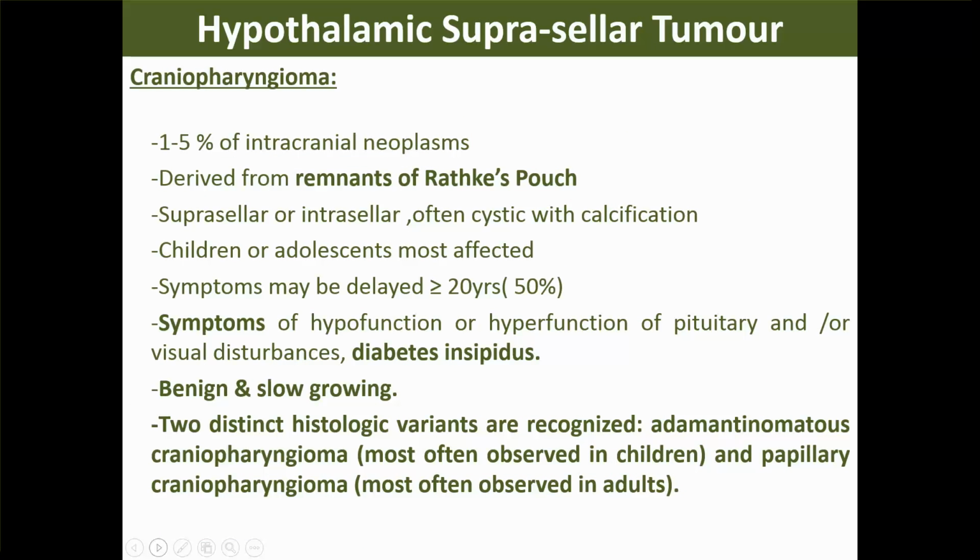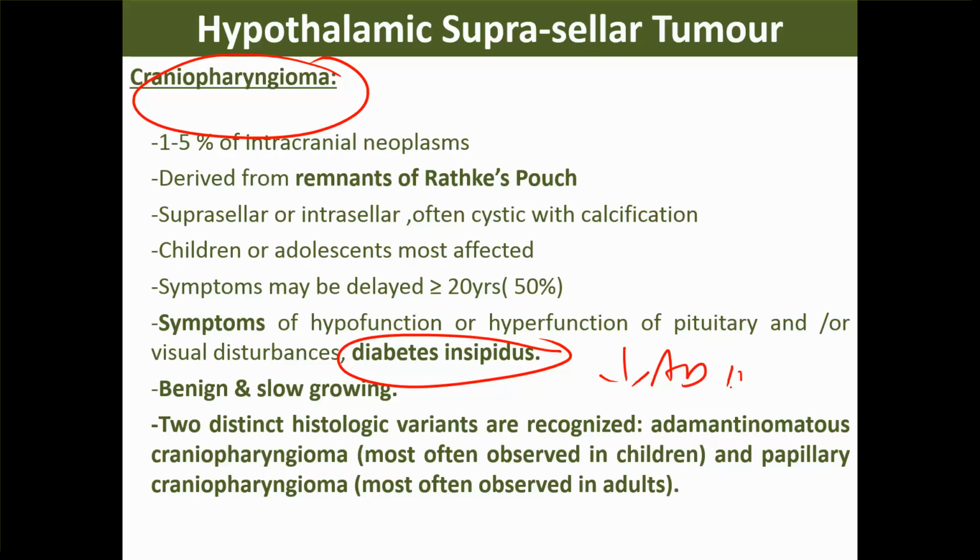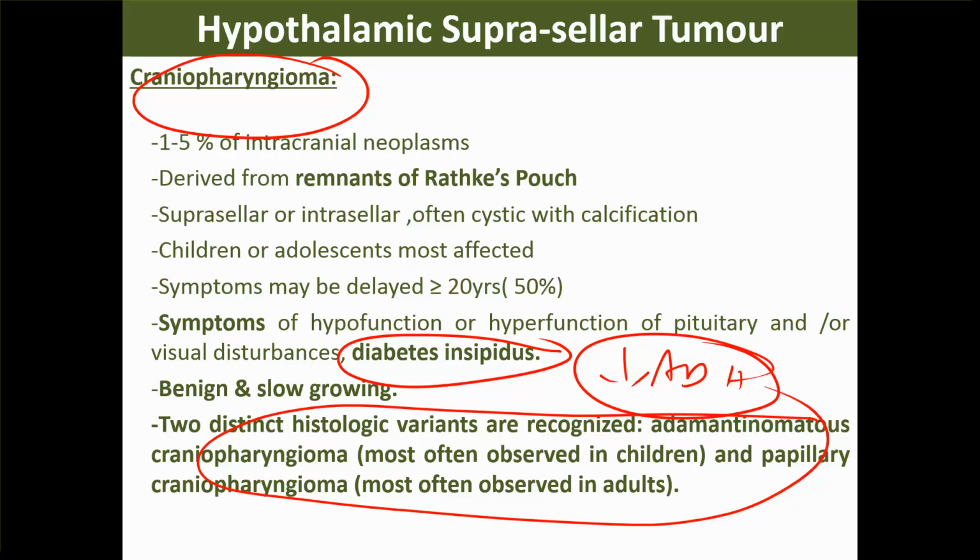So now let us conclude with a tumor in the hypothalamus which is called craniopharyngioma. If this tumor comes, that destroys the hypothalamus, that results in diabetes insipidus. Because hypothalamus is destroyed, that will decrease the ADH. So if you know this, it is enough. This is all actually for pathology curiosity. Different types of craniopharyngioma exist. Some are common in children, some are common in adults. Whatever it may be, if hypothalamus is destroyed